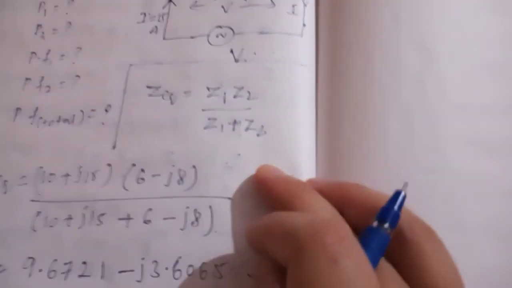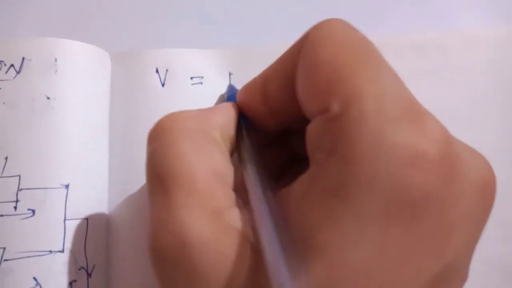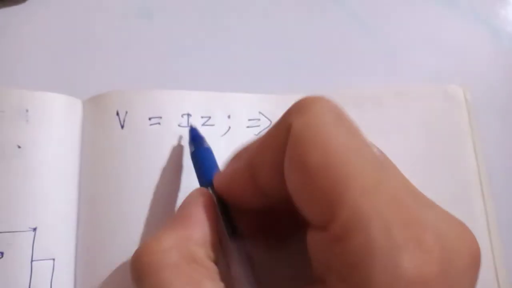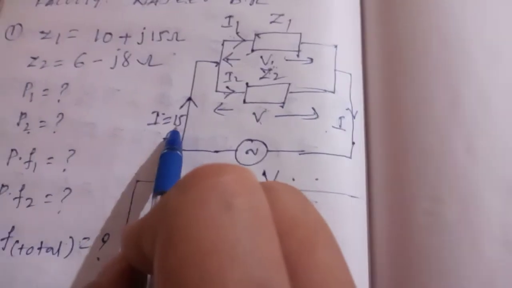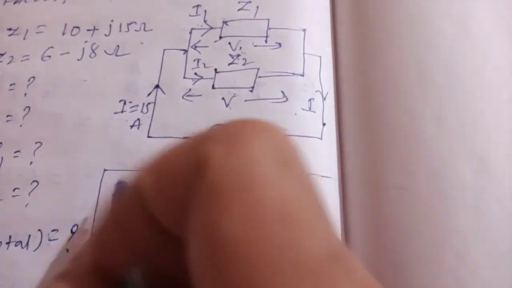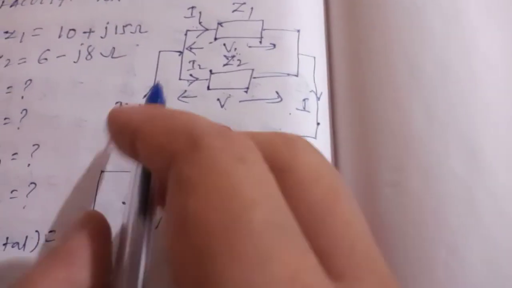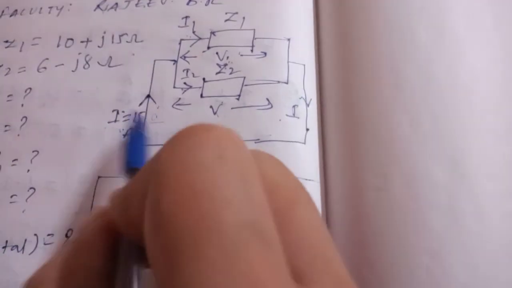If I get Z equivalent, what will be the voltage? So V total is equal to I total into Z total, right? I into Z for the complete circuit, for the complete combination. But I have Z, I have to calculate V. So let me take this current itself as reference, because they have given 15 amps directly, angle is unknown. So with respect to current only, we shall derive the other relative phase angles. So can I take I as 15 at an angle 0 degree? Okay, that itself as reference.